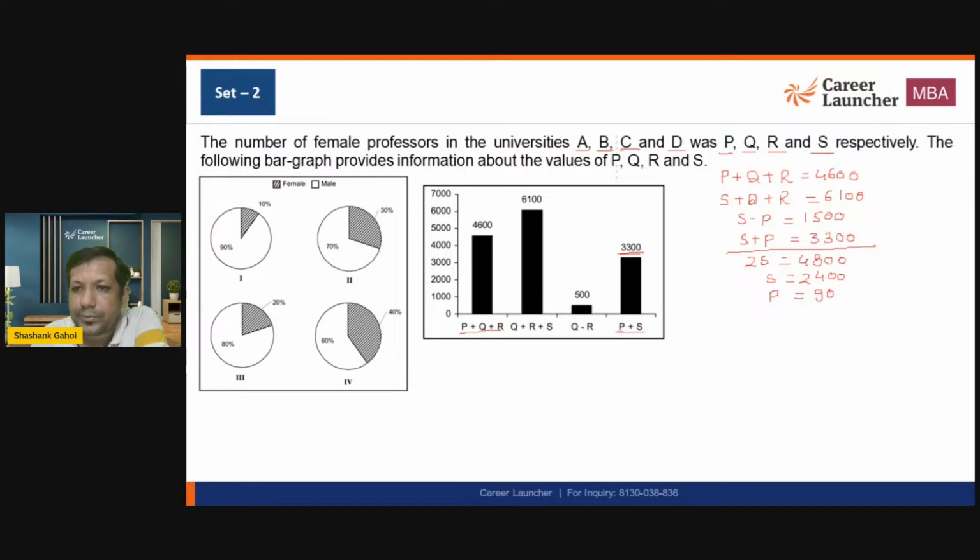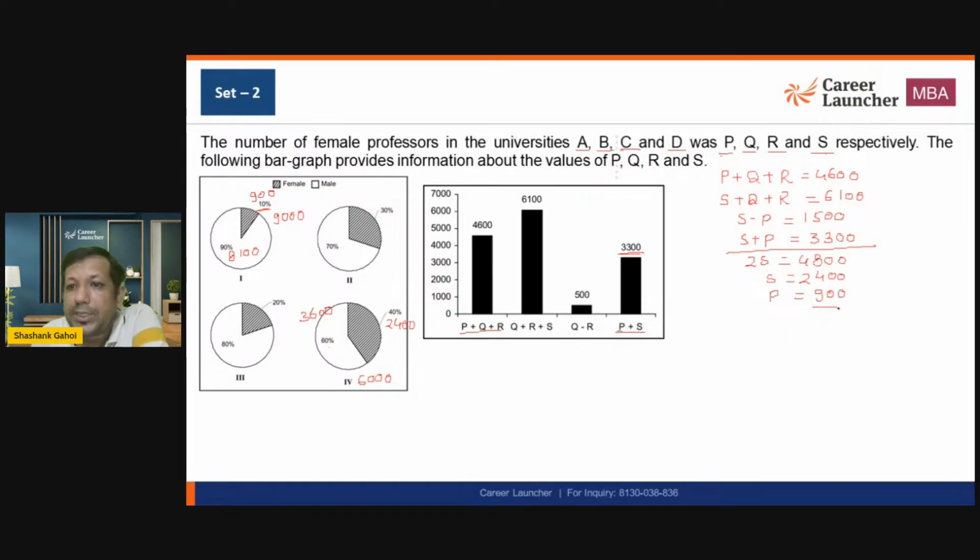s 2400 आ गया तो p 900 आ गया। ठीक है, so number of female universities in A is P, so that is actually 900। so 10% is 900, so 90% is 8100। this is what we know। ठीक, so total number of people in university becomes 9000। ठीक है, this is what I know। okay, S कहाँ पे है? S is for D, so 40% जो लोग हैं that is 2400, so 60% are going to be 3600। so what is the total number of people? that comes out to be 6000।